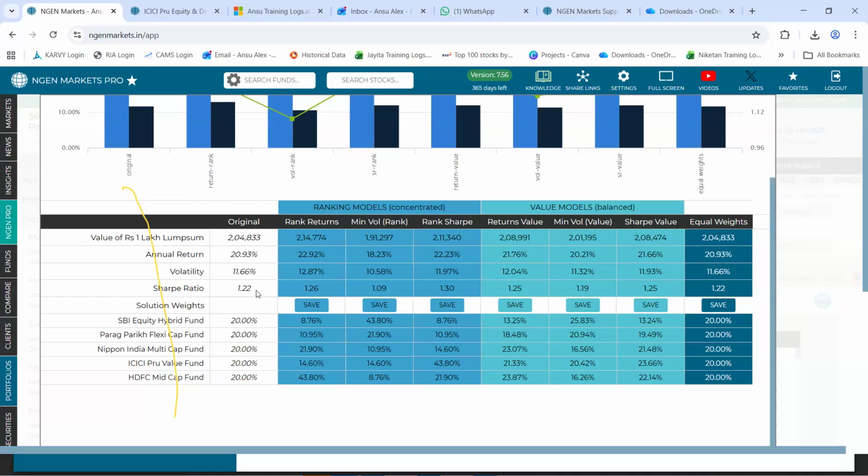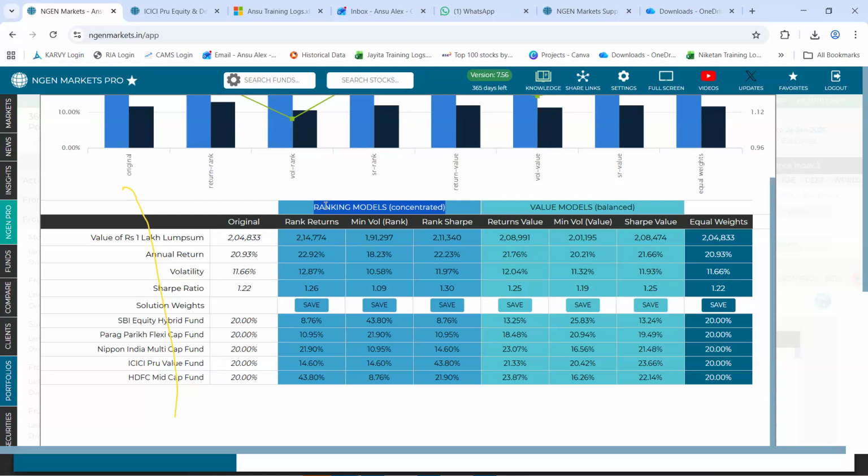Now, to give an improvised version of these portfolios, we have two major models, ranking model and value model. The ranking model follows a much more concentrated approach. That is to say, it will give maximum allocation to a single fund only.